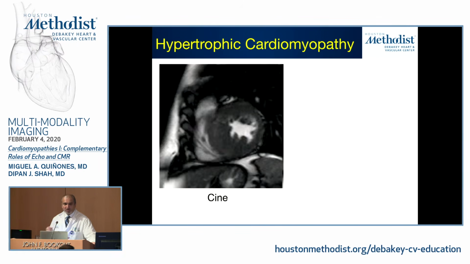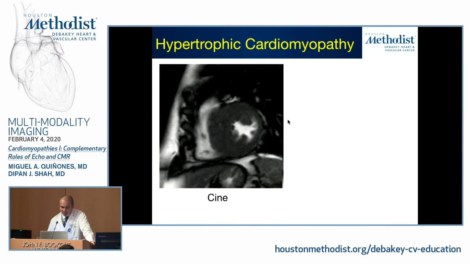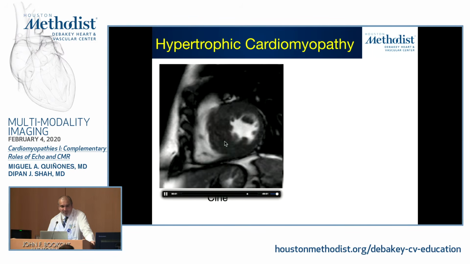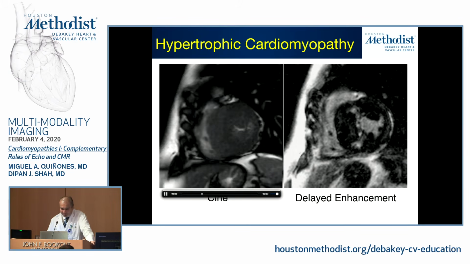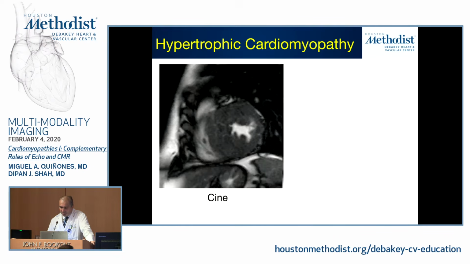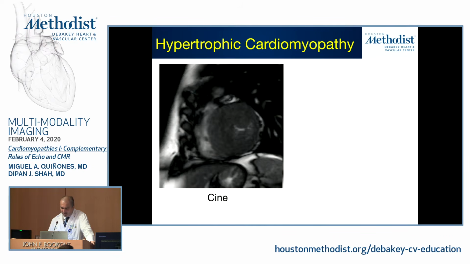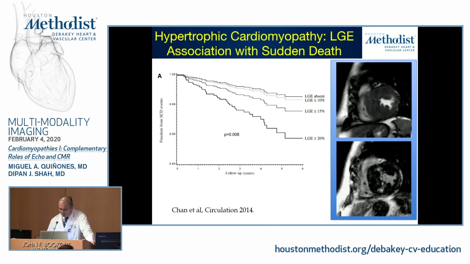The more garden variety hypertrophic cardiomyopathy that we tend to see is associated with the septal hypertrophy, as we see in this example patient here, where the thickness of the septum is almost 2.5 centimeters, whereas your lateral wall thickness is about 7 or 8 millimeters. And when you do the delayed enhancement MRI in these patients, you see patterns of hyperenhancement that you would not expect to be due to coronary disease,